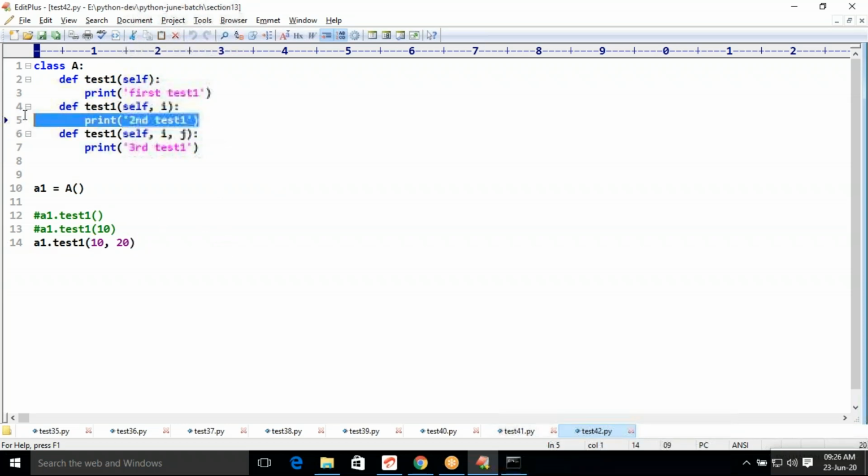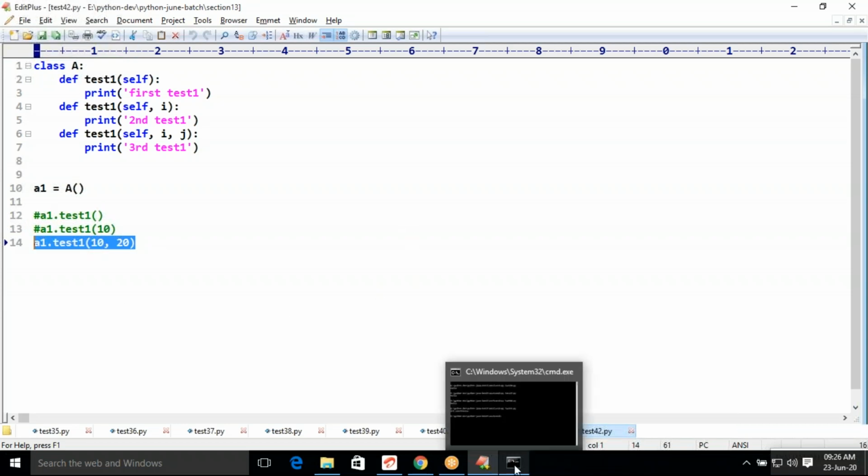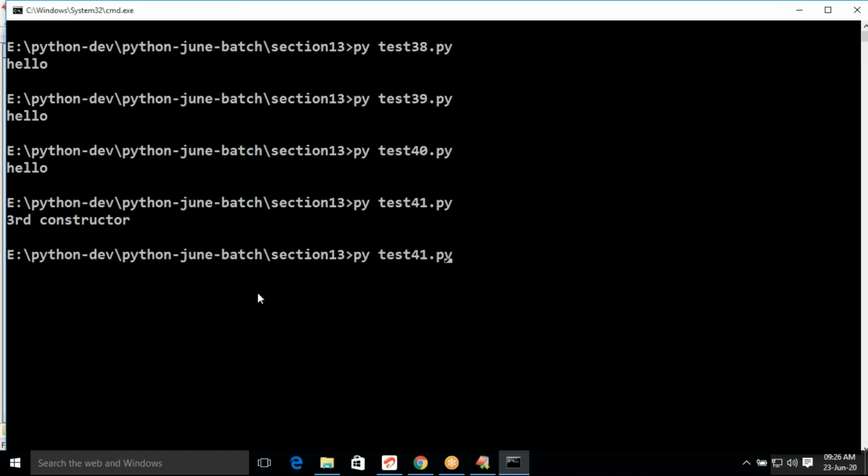Now, the first two methods will not be visible. The first two methods are overridden by this method. In case of overloading, only the last method is visible. If you give a call to the first one, you'll get an error. If you give a call to the second one, you will get an error. You have to call only the third one. You can see